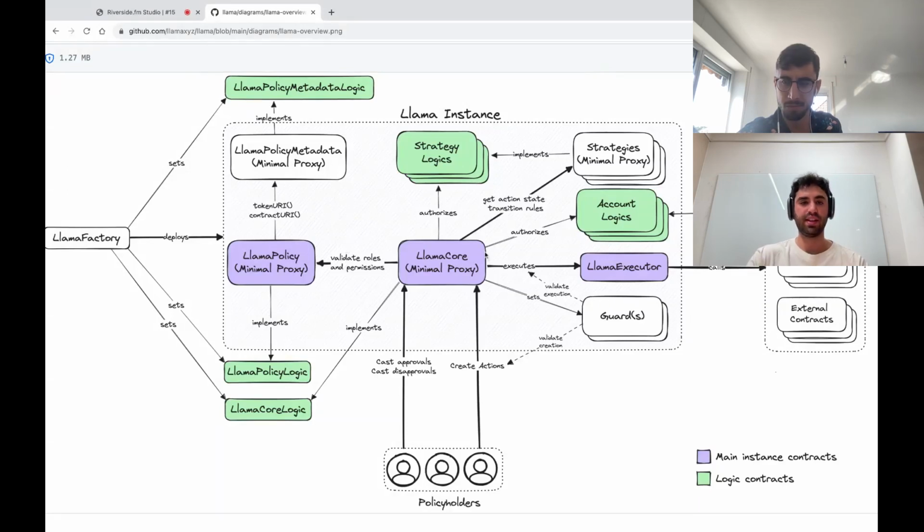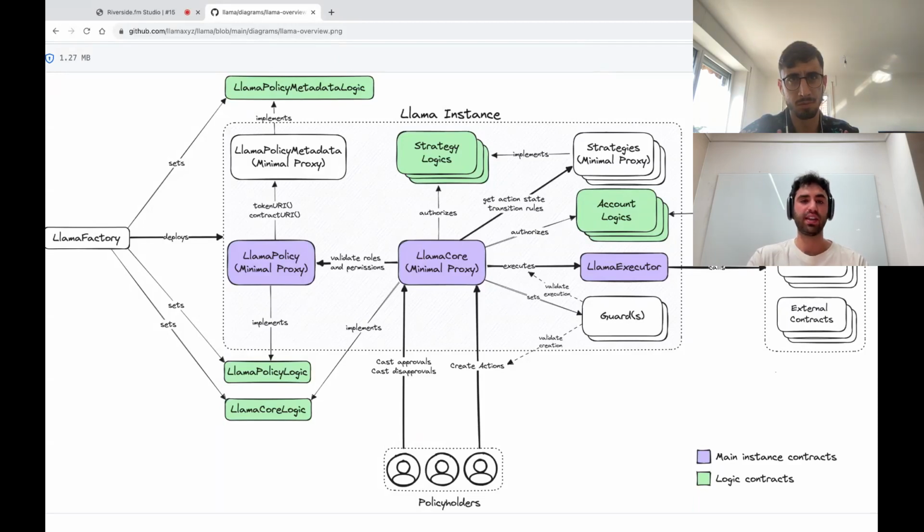And then the last core part of logic that's important to understand is strategies. And so when permissions are created, you can think of strategies as rules for how an action progresses from creation to execution. And so each permission, which we'll also get into when we look at the code, and this will be a core part, is a tuple that contains a target contract, function selector, and a strategy address.